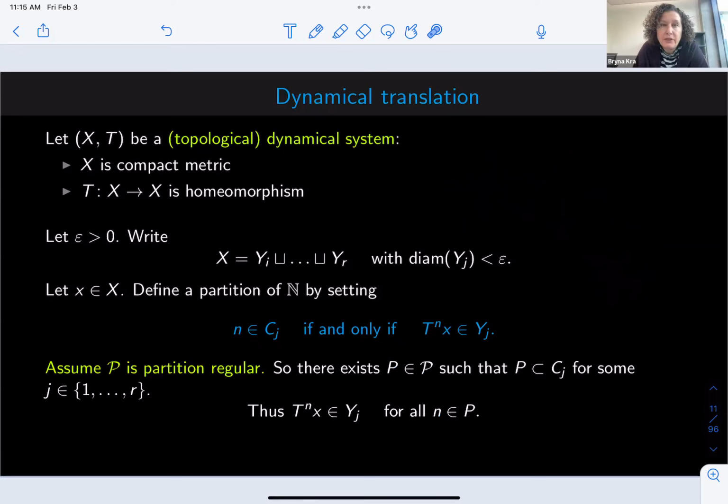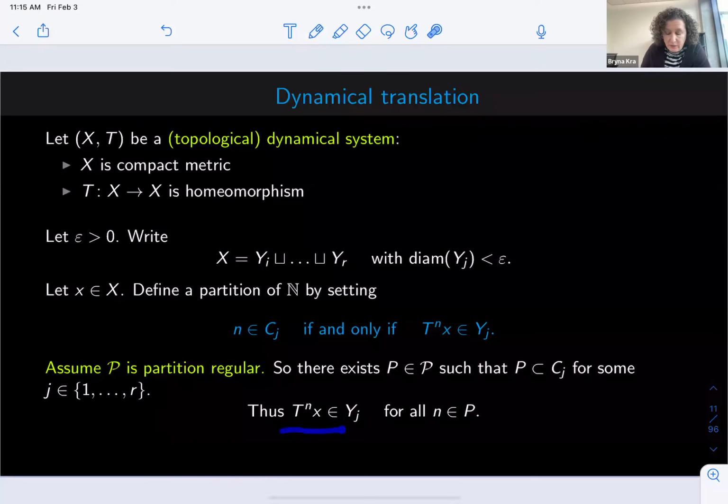So if I knew that the collection P were partition regular for some reason, let's say I knew van der Waals theorem, for example, and this were arithmetic progressions, then that would tell me that there's some P, you can think of it as progressions if you like, such that P lives entirely in one of the pieces. But dynamically, what that means, because we've defined this X to follow orbits, it means that all of these iterates for all these n in that piece, following exactly from the definition here of how the X is defined, this dynamically means that all of these pieces are in a single Yj, in the same piece of the